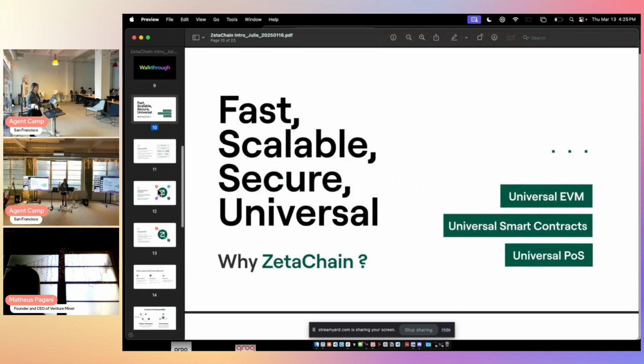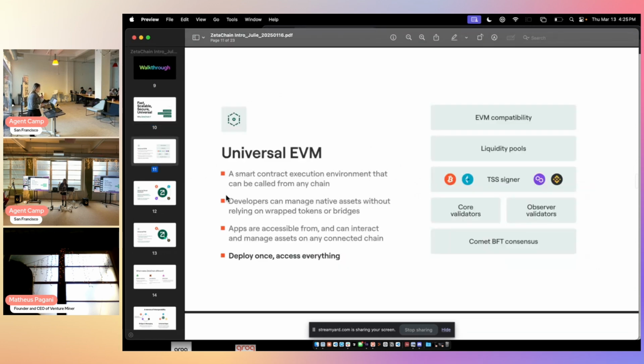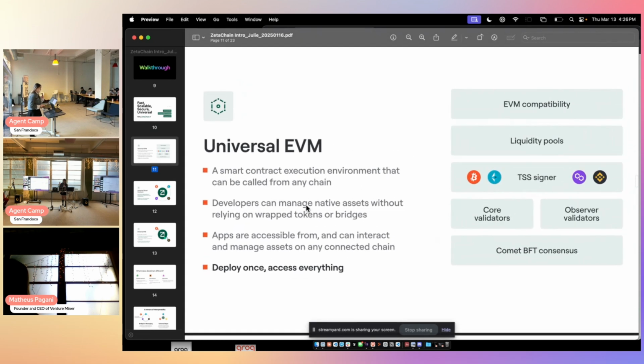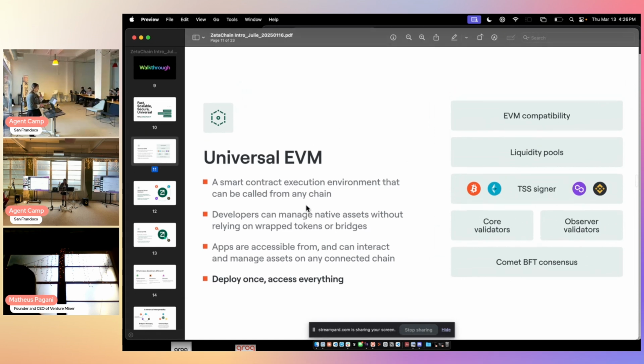So we have three things: the universal EVM, universal smart contracts, and the universal proof of stake. For the universal EVM, this is a smart contract execution environment that can be called from any other chain.